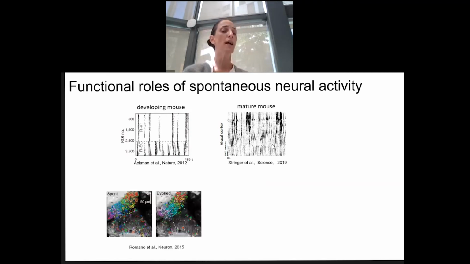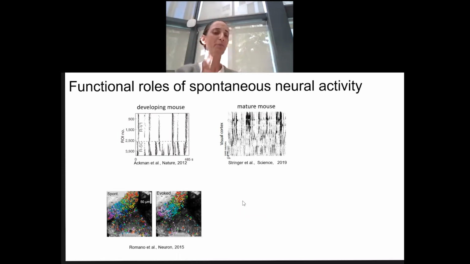Another thing that people found was that if you look at evoked neural activity that is driven by sensory cues, and neural activity that is not driven by cues, but is spontaneous, something endogenous inside the brain, they found some similarities. This raised the notion that perhaps this neural activity that occurs when there are no visual cues is acting like a Bayesian prior. Perhaps the animal has this spontaneous activity without any visual cues, and it's just expecting something to come.